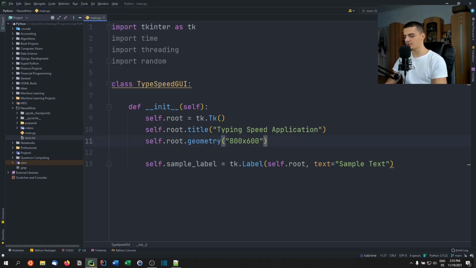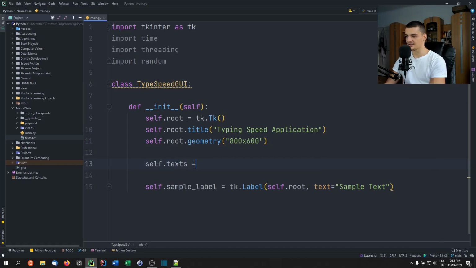So what we're going to do is say self.text is going to be open. We're going to open texts.txt in reading mode, and we're going to read. Actually, I don't want to use readlines. I want to use read, and then I want to split on